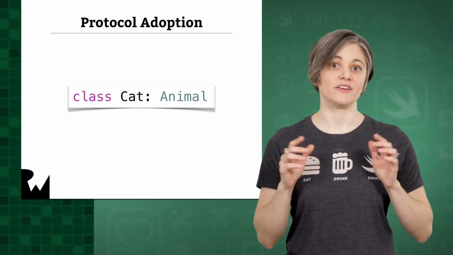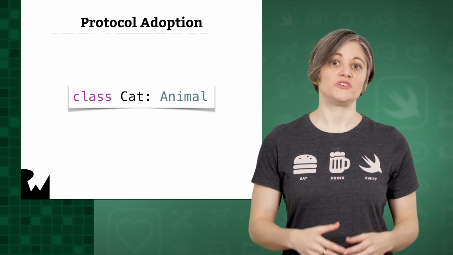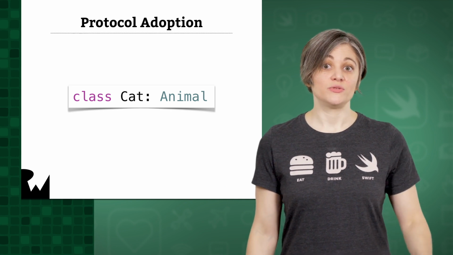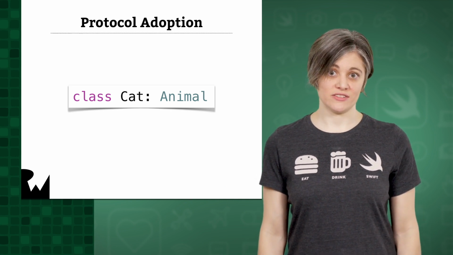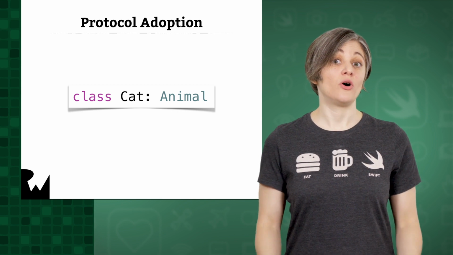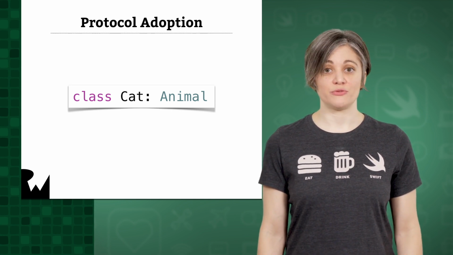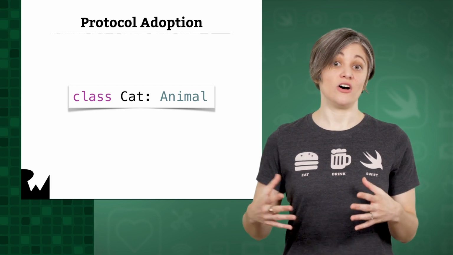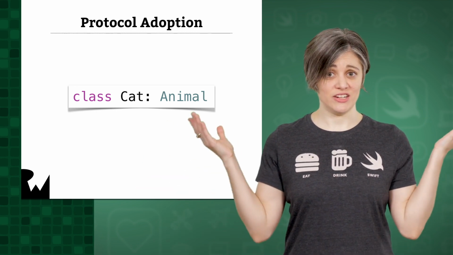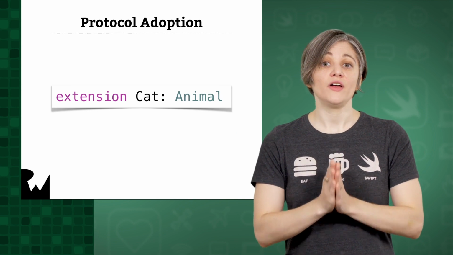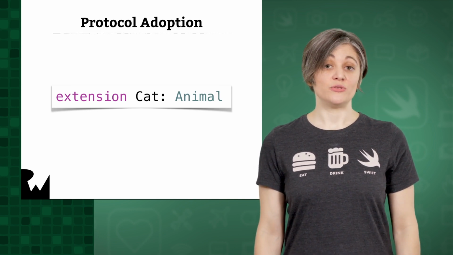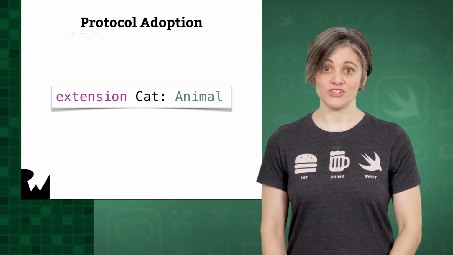There are two parts to using protocols with your types. The first part is adopting a protocol, where you declare that a type conforms to a protocol. That uses the same syntax as class inheritance. You follow the name of the type with a colon and the name of the protocol you want to conform to. In our case, because Animal used to be Dog and Cat's superclass, we didn't need to make any changes here. Unlike with class inheritance, you can adopt protocols using extensions. You'll see that technique used a lot for organizational purposes.